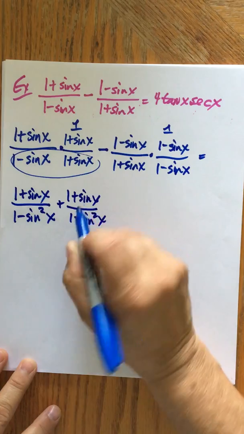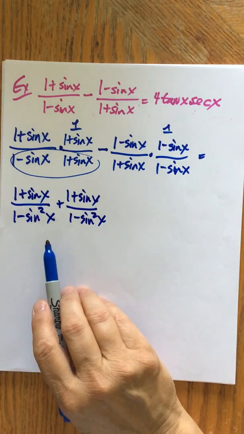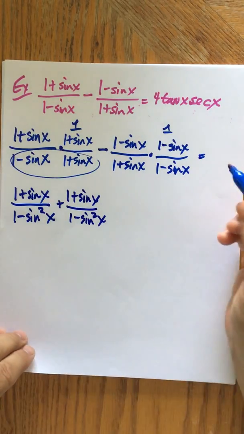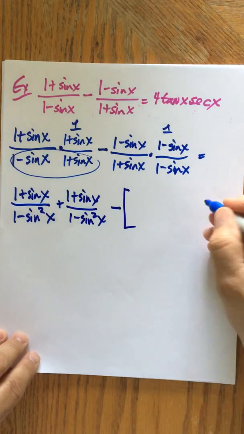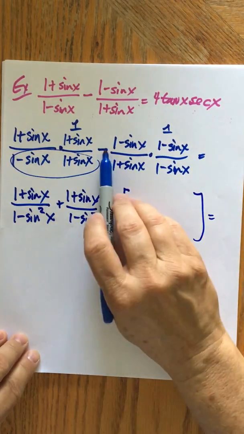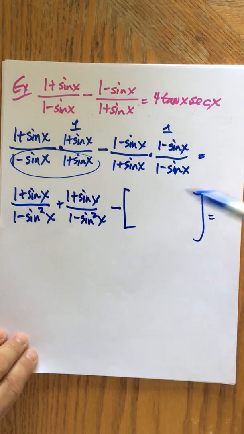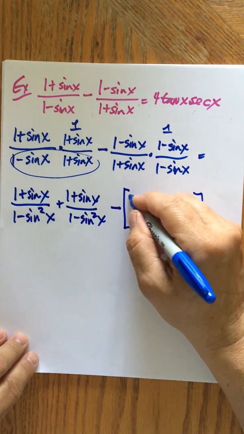And again, I could have written this already all over one denominator. I'm kind of doing more steps just to help you. Now here you have to be very careful. You really have to do this sort of thing because you're subtracting everything that comes afterwards. So if you forget this, it really throws everything off. So here I have 1 minus,